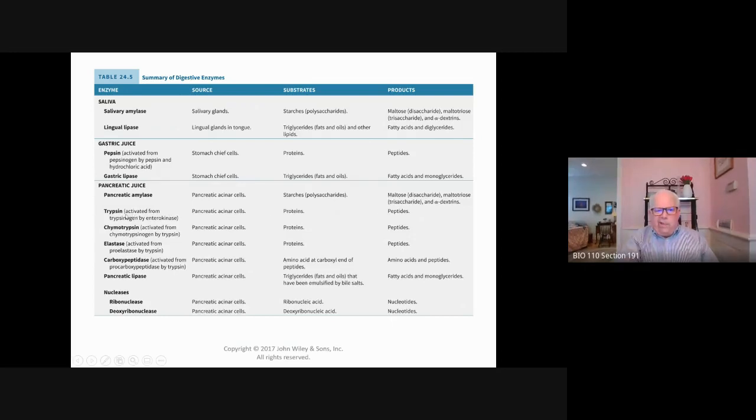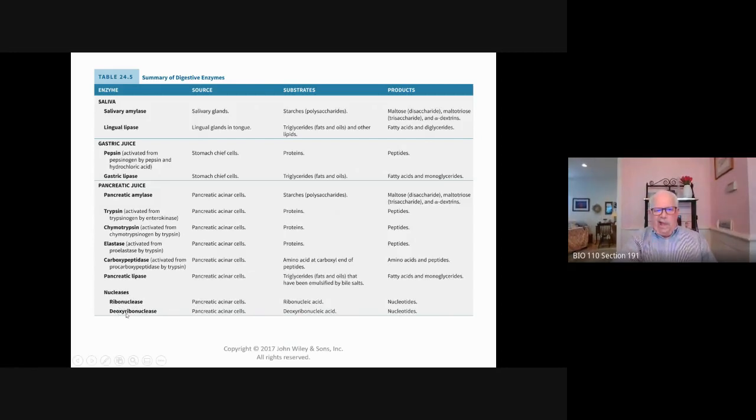Trypsin, chymotrypsin, elastase, carboxypeptidase. All of these 4 enzymes degrade protein. Pancreatic lipase. The majority of lipase in the GI tract comes from the pancreas. It degrades triglycerides into fatty acids and glycerol. The nucleases,